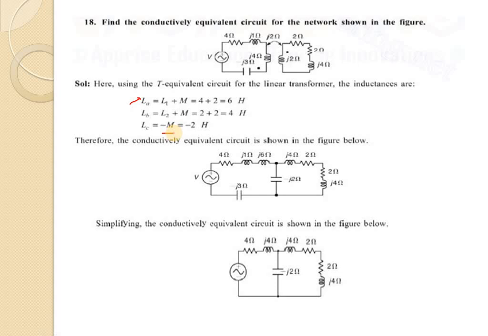So from the direct calculation which we have already discussed in my last lecture, we have directly calculated the values of these inductances LA, LB and LC which will form the equivalent circuit. So in place of this mutual induction part, we have formed this one into equivalent form and we have just put it here. So now we have simplified this circuit,